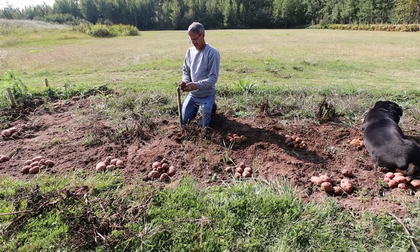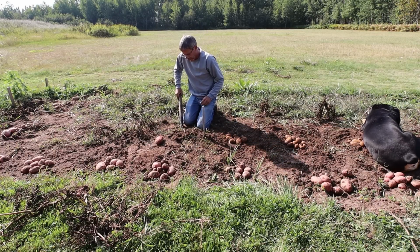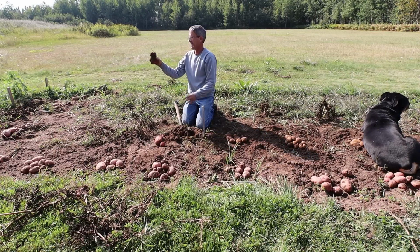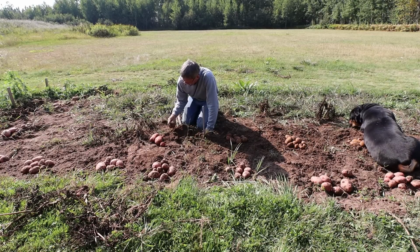That sucks that they get chewed up like that. Yep. It really does. I don't know what you can put in your soil to stop that either. I mean, look at this one. Perfectly huge potato. All chewed up. I mean, we still got more than we can eat, but...